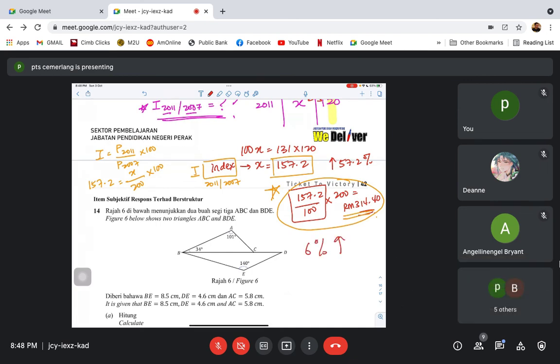Averagely, every year kan, depending on the location also, okay? Kalau dekat kampung, of course lah tidak naik macam tu kan. Tapi I'm talking about like, for example, Miri. I'm talking about like Sibu, tempat-tempat yang macam bandar sikit lah. Okay, so all the prices are averagely hiking by 6%. Kalau kita cerita pasal Kuala Lumpur kan, it's like 10% pun boleh 10% lah,